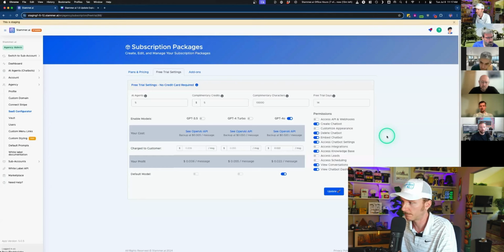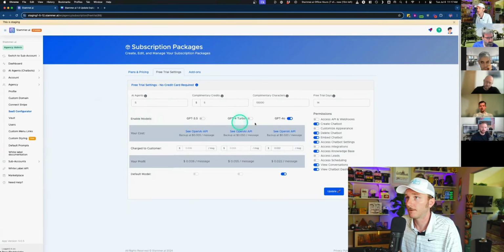Only Stripe customers, only with Stripe. Correct. Yes. Okay. So this also enables you to set the profit margin for each AI message that a user